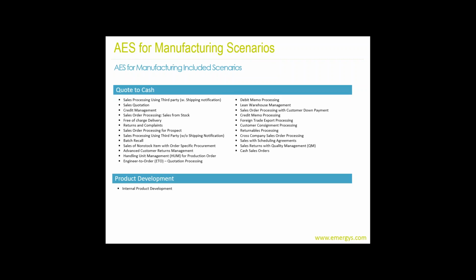So, you know, here a good example is this engineer to order quotation process. If a company is strictly make to stock or make to stock and make to order, even some configure to order, they might not do any engineer to order. So they wouldn't need that. We would realize that during the discovery phase, and we would not include that when we were to estimate or propose the cost for the implementation.